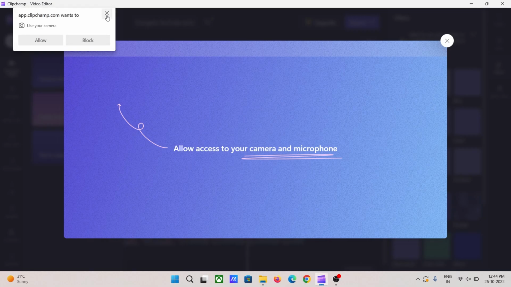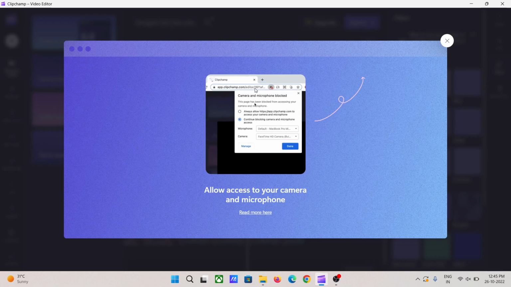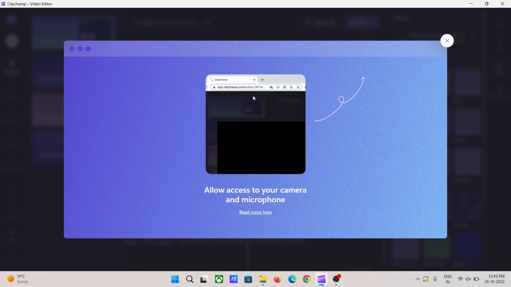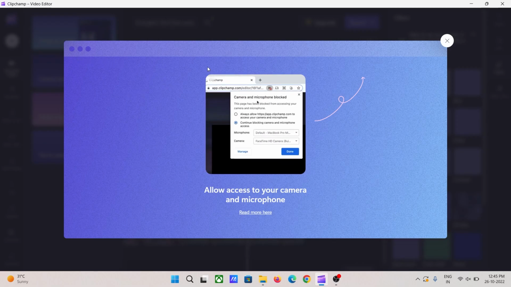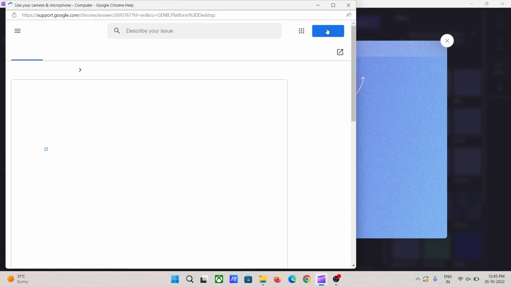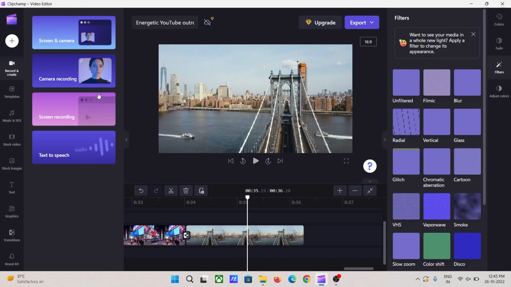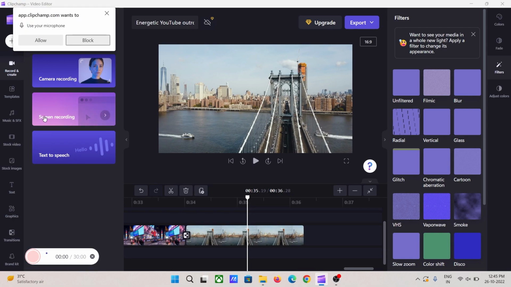So I think that it is actually running Microsoft Edge as a backend. See, you can see here, it is Microsoft Edge. And as for the screen recording option, you can use it only if you have given it access to